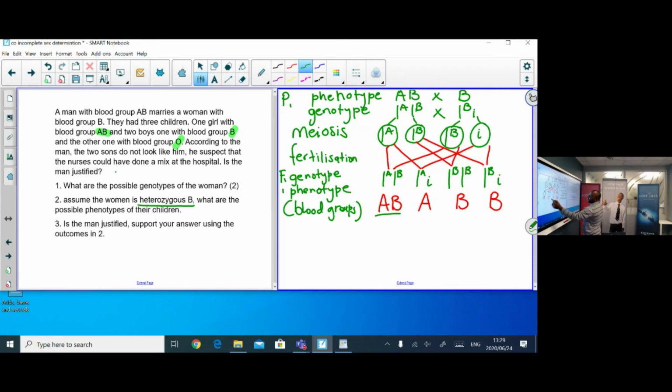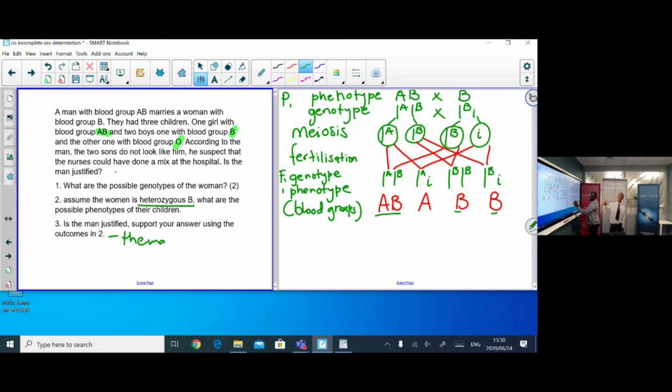B, we even have a possibility of 50%, but there's an O. From their phenotypes, it's not possible to get an O. So is the man justified? The man is justified to suspect that the nurses had a mix-up